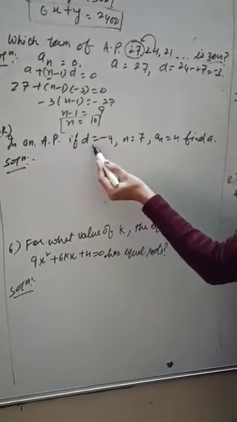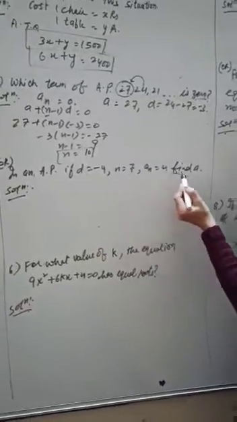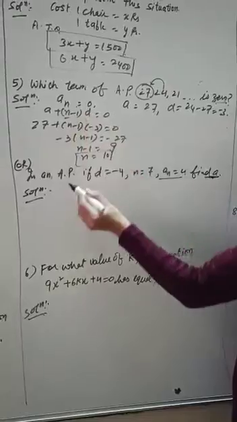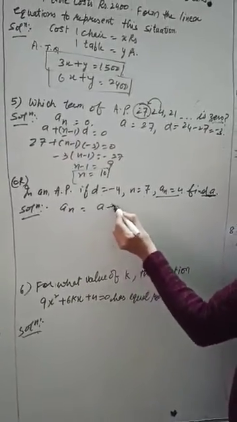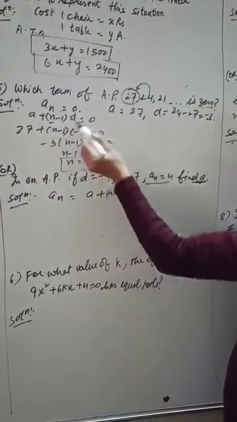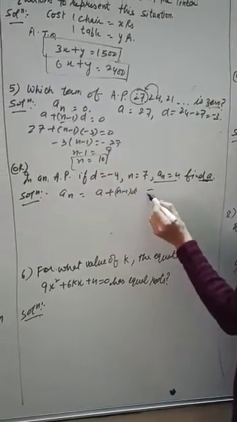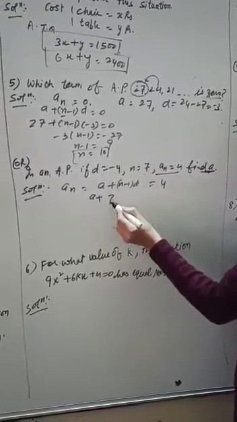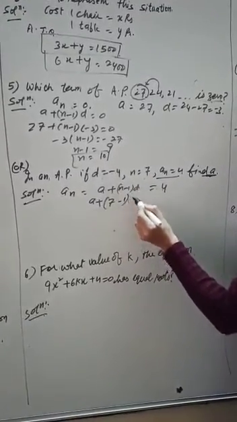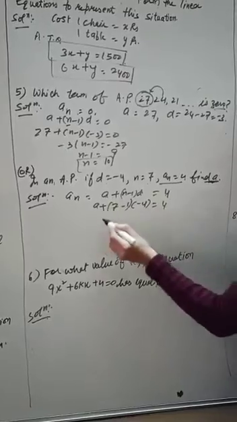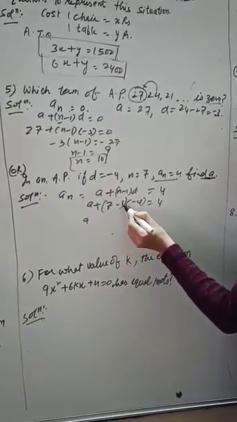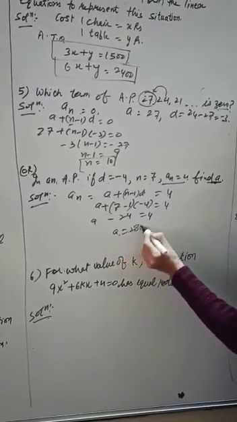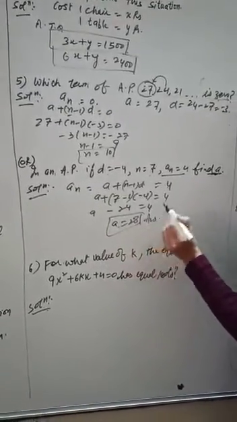In an AP series, the nth term value is given, and n is also given. We have to find out the first term. What is the first term A? As you know, the nth term will be A plus (n minus 1) into D, as we studied in the previous question. Then it will be equal to 4, as given. So A value we want to find. N is given as 7, minus 1, and D is minus 4, equal to 4. So it makes 7 minus 1 is 6, 6 fours are minus 24, equal to 4. So A value we confirm is 28. So this is the required answer.